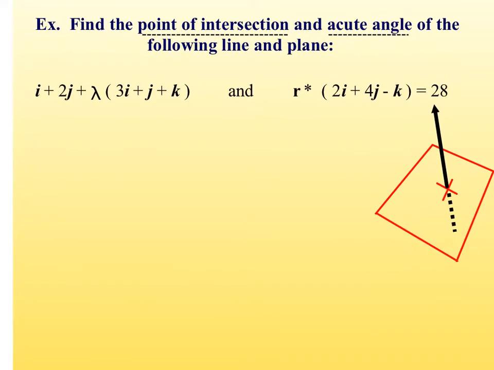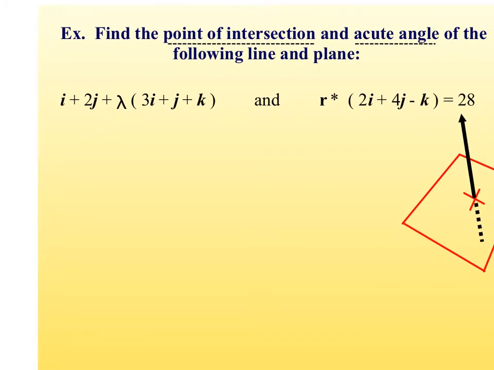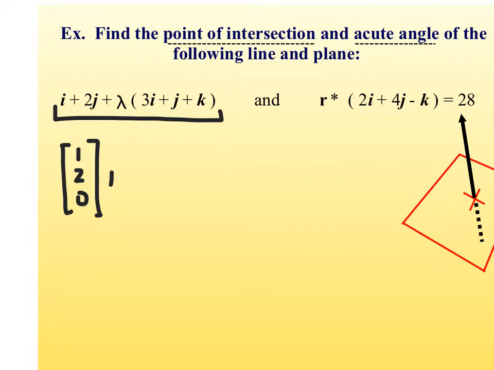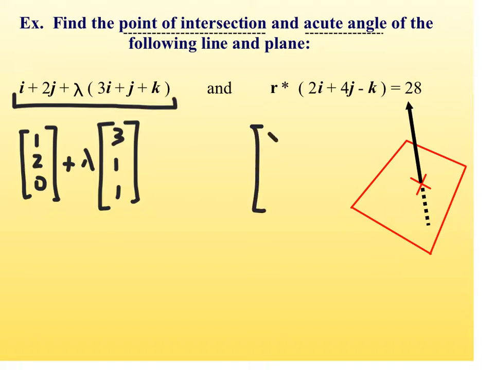Alright, so here's a pretty cool problem. This is finding the point of intersection and the acute angle of the following line and plane. If you just look at this immediately, you should be able to identify which one is the line and which one's the plane. Take a moment, pause, and look at that. This right here is the vector equation of a line. I'm going to write it out in this form: (1, 2, 0) plus lambda (3, 1, 1). And this plane, r, remember, is (x, y, z)